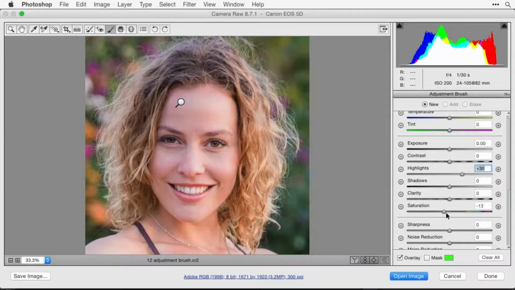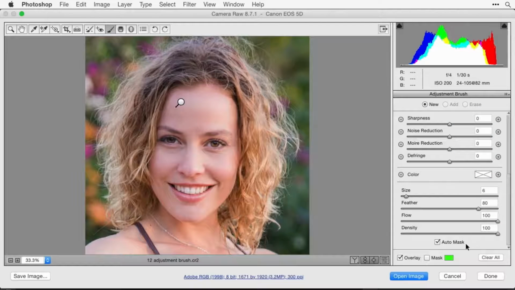So I'm guessing a little bit less saturation and my highlights a bit brighter. Now I got to paint it in. So I'm going to come down here and make sure that the checkbox called Auto Mask is turned on. Auto Mask is the one that tries to make it so I don't get overspray onto the surrounding areas. And then I can zoom up on this image